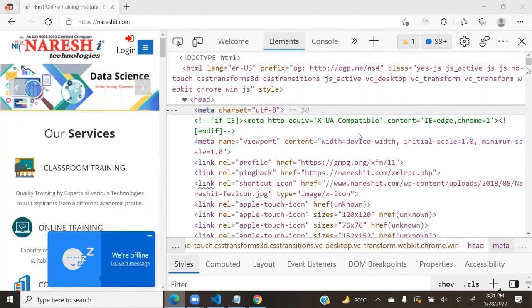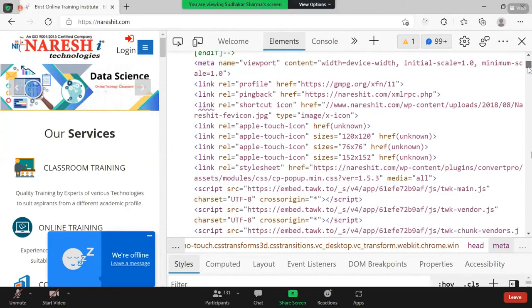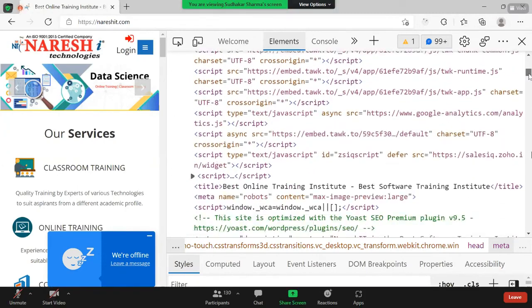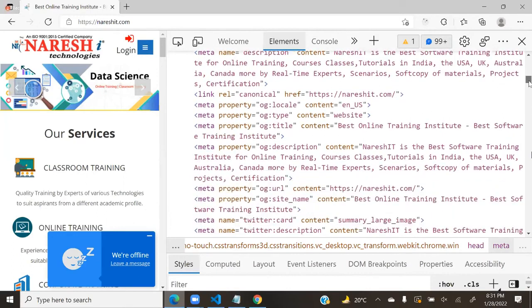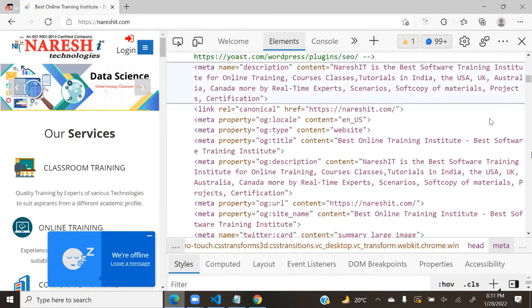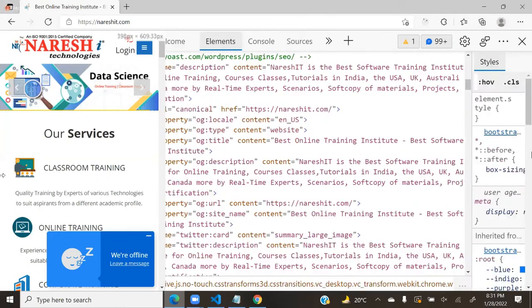Now I scroll down. You can see a lot of meta is written in the head section. Observe here, in the meta they have defined some keywords. Observe what they have written.